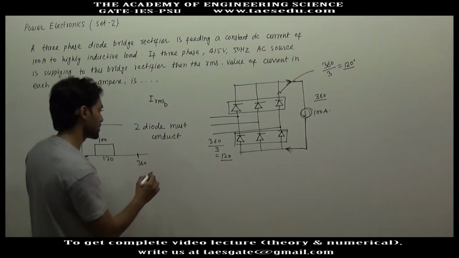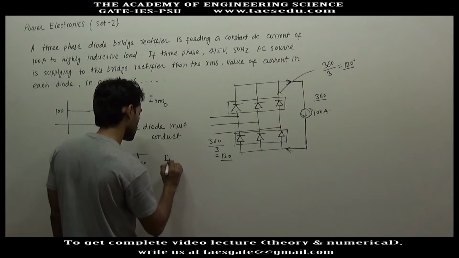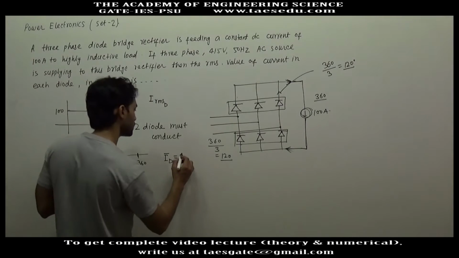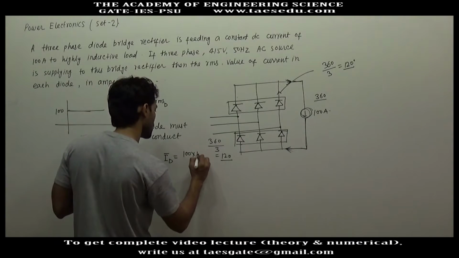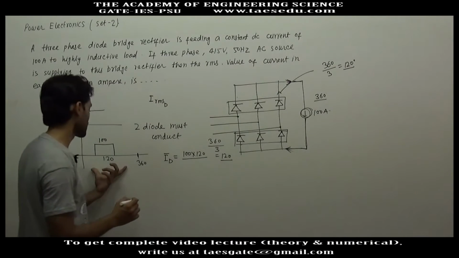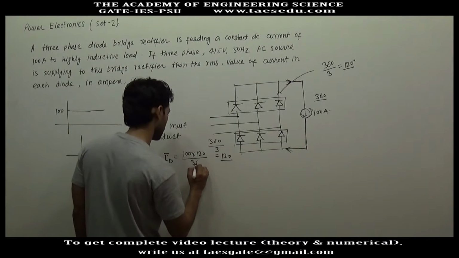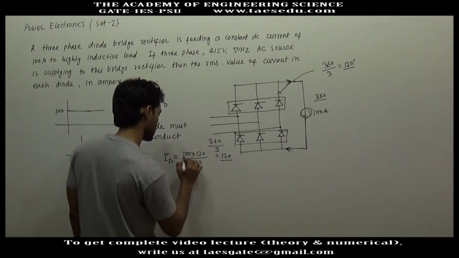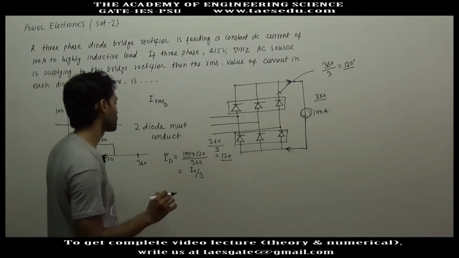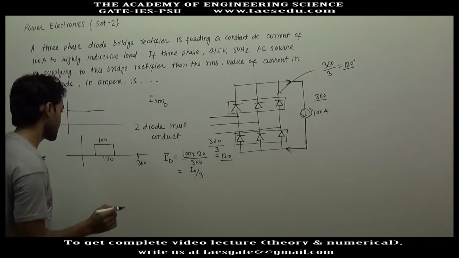So the average current through the diode will be this area, 100 into 120 degrees divided by the total span of 360 degrees. Let's say this is I naught. So the average current through the diode will be I naught by 3, and the RMS current will be,